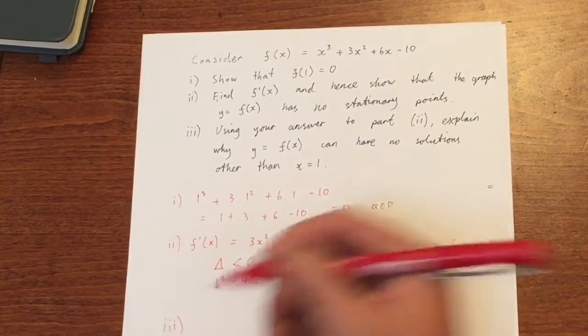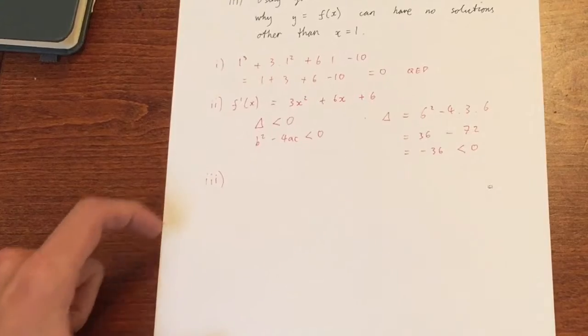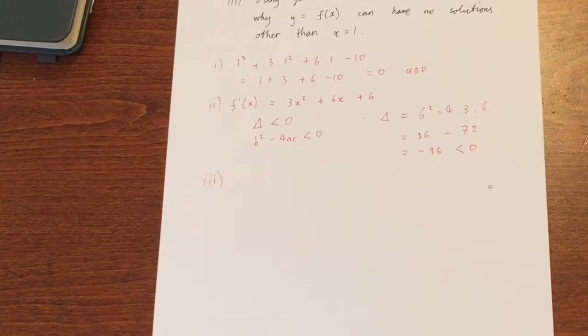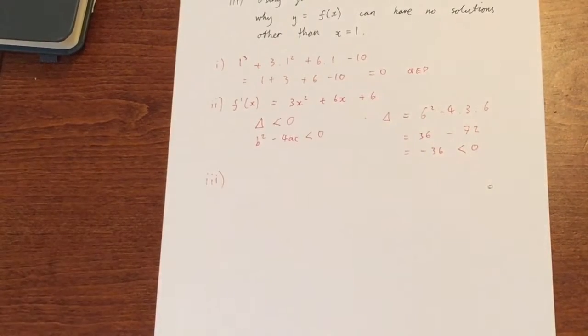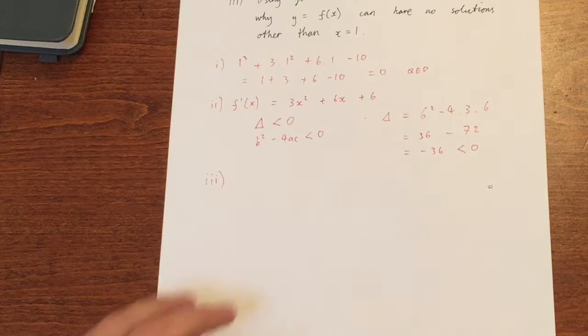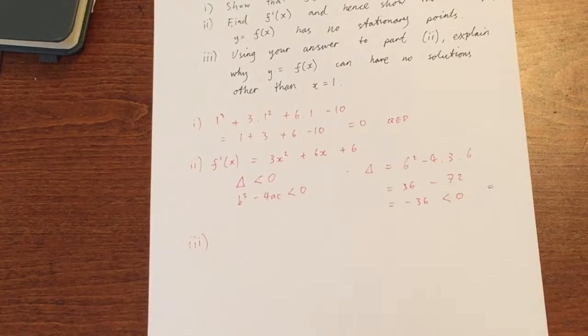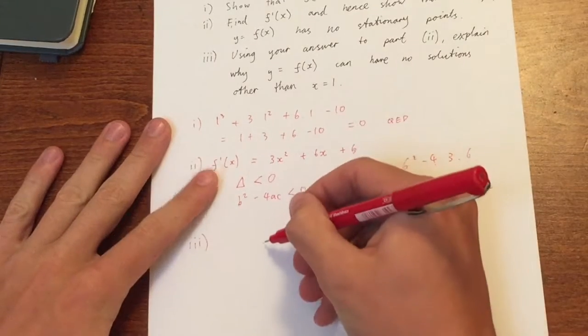Now on to part 3, which is the important part, really. This sort of gets into a bit more of a logical field. Using your answer to part 2, explain why the function can have no solutions other than x equals 1. Right. So there's two ways we can look at this. We can look at this geometrically and graphically, perhaps algebraically. So if we examine the graph